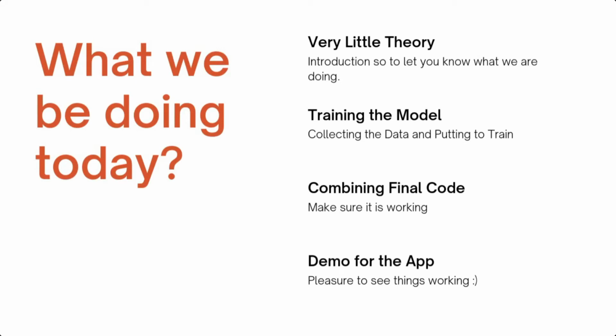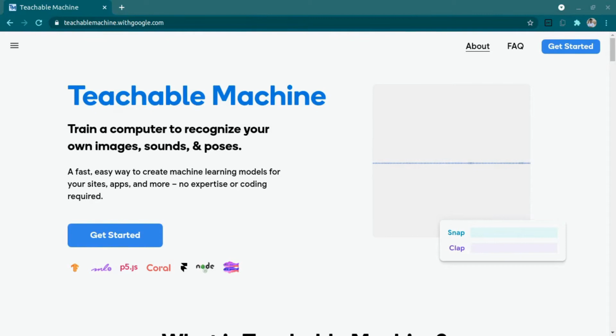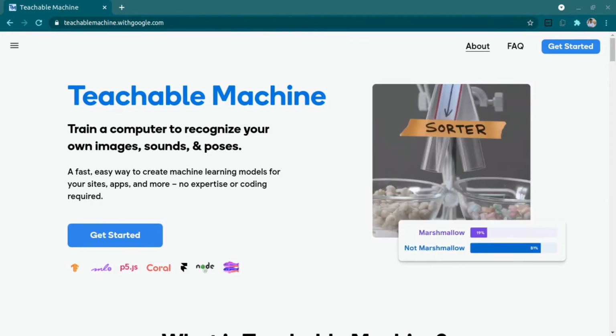To make this project, we need a machine learning model that will see the image and will tell if there is mask or not. Even if you don't know much about TensorFlow, Keras, and all machine learning libraries, deep learning, that's fine. We don't need any of that to build this project. So we will be using Teachable Machine.